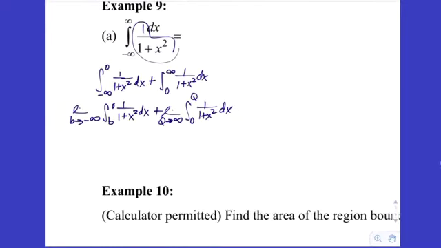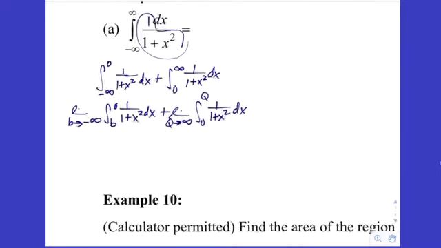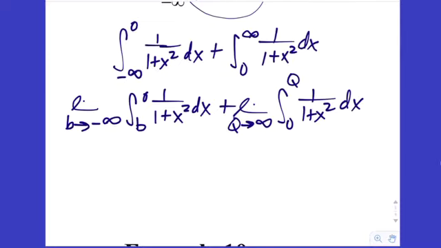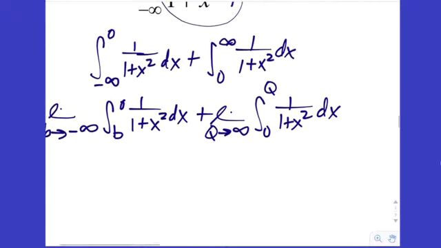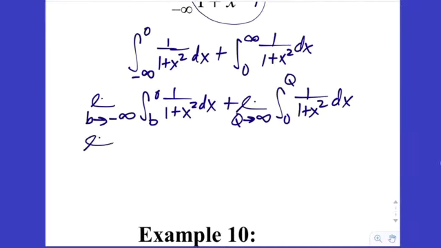Just stay away from x in this case, right? All right, so now we can evaluate it. What is the antiderivative of 1 over 1 plus x squared? It should just jump right in your head, right? It's not the natural log of 1 plus x squared because there's no x on the top. So it's arctangent. Good. So this becomes the limit as b goes to negative infinity of arctangent of x from